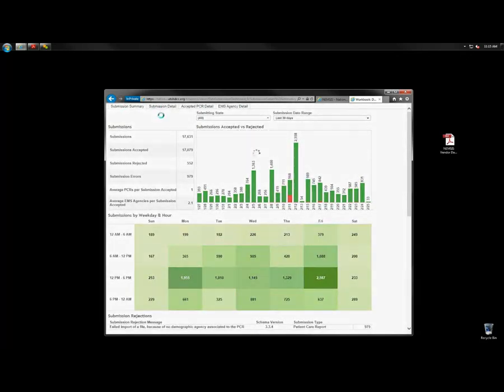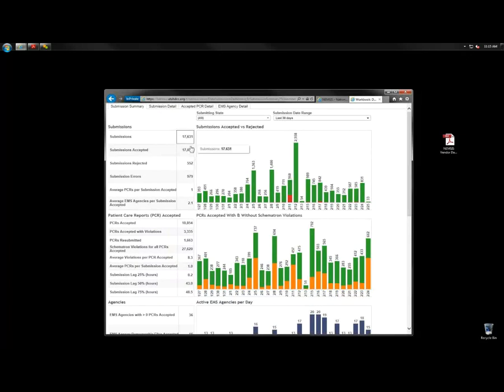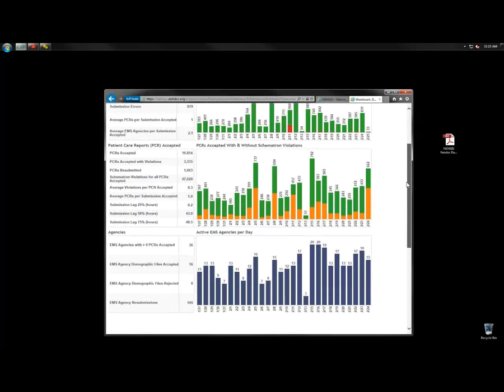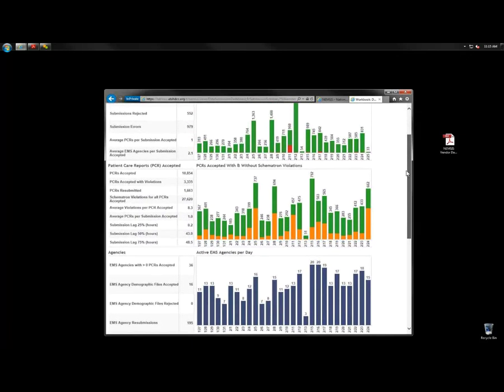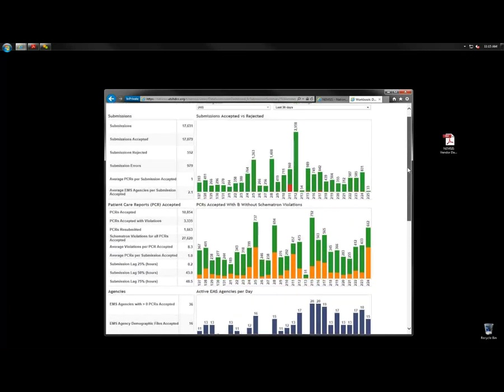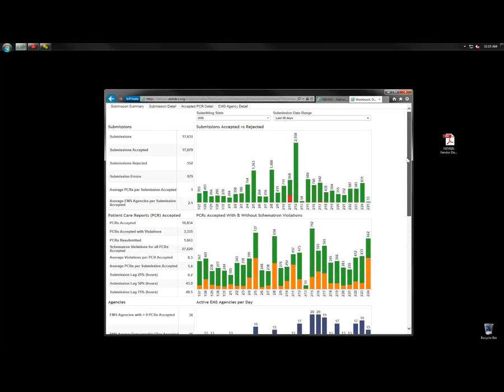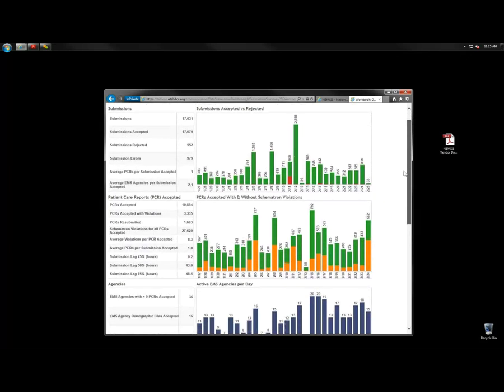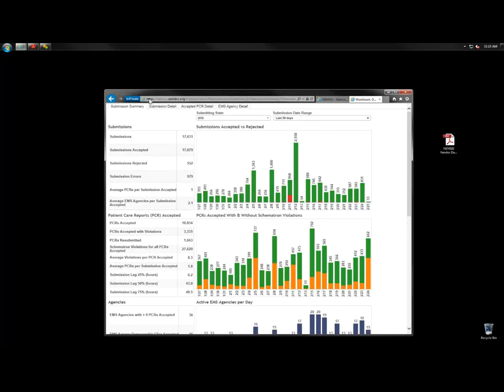First, let me see if there are any real questions or concerns about what's going on on this submission summary screen. And I realize we're going to go through this pretty quickly because we only have an hour of time. But if anyone sees anything that's immediately confusing to them, please feel free to shout it out. Okay, let's